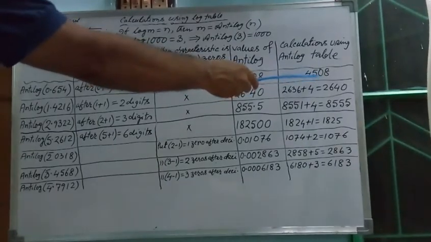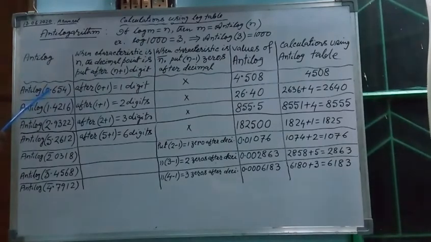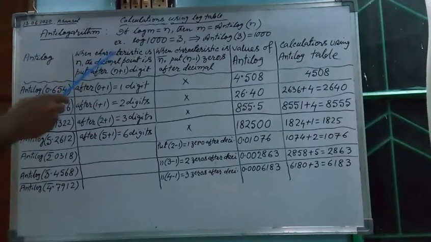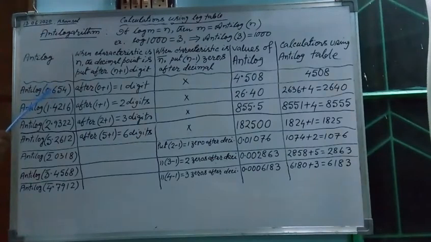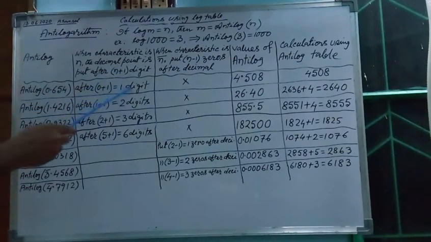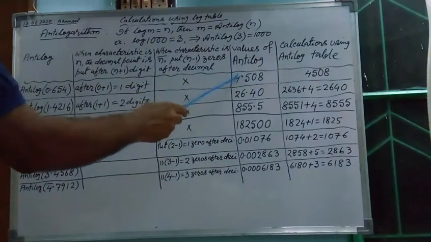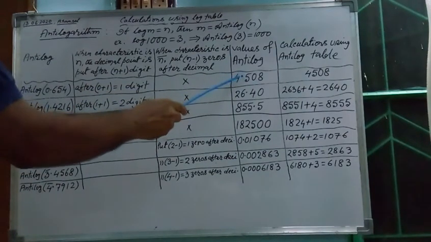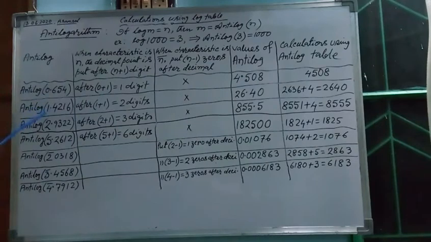Now, where to put the point? Since the characteristic is n, and n is 0 here, the decimal will be put after n plus 1, that is 0 plus 1, that is 1 digit. After 1 digit, I have put the point. Now, anti-log of